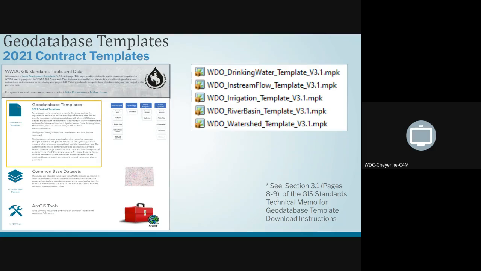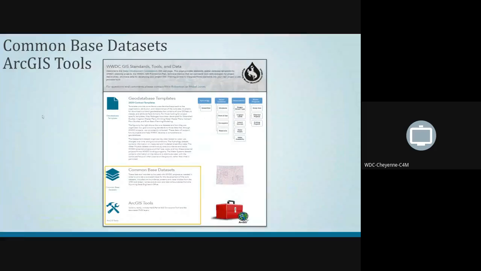Finally, the last 2 sections of the web page, we talked about these, the common base data sets and the ArcGIS tools. Again, the base data sets include things like boundaries, streams and water bodies from NHD, stream names and division names, so there can be consistency in your project for that base data. And then the final thing is the download for the